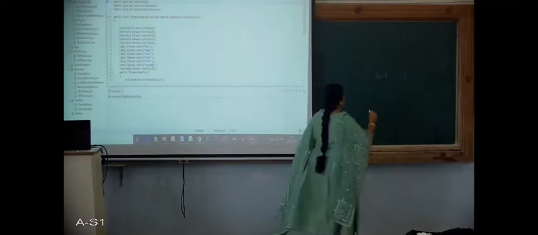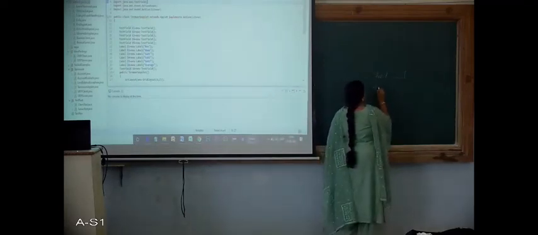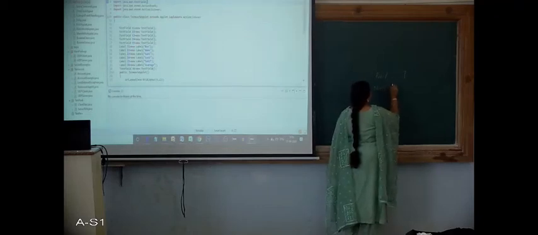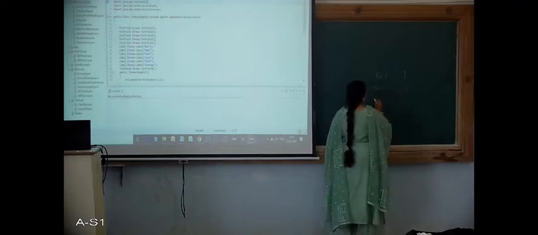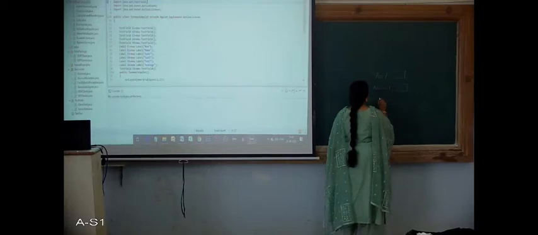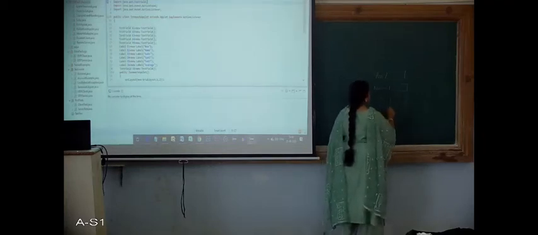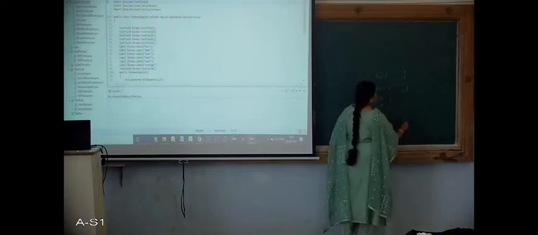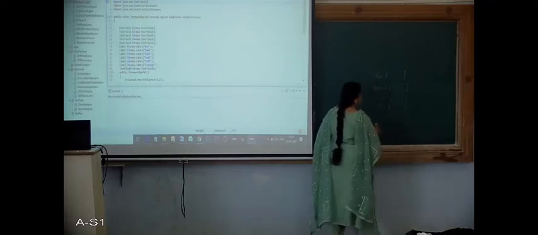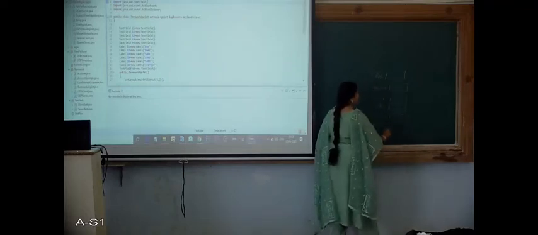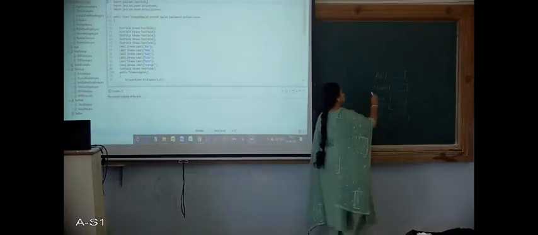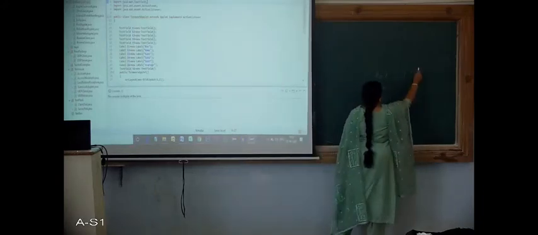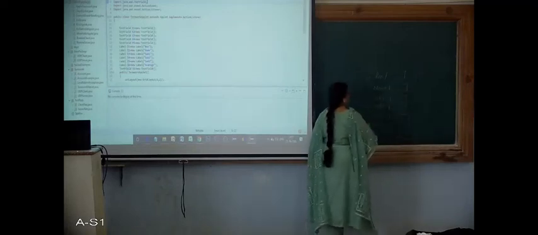So it should show these details: name, and then marks scored in subject 1, marks scored in subject 2, marks scored in subject 3, and then it should give me the result in this text box. Okay, so this is the expected thing.